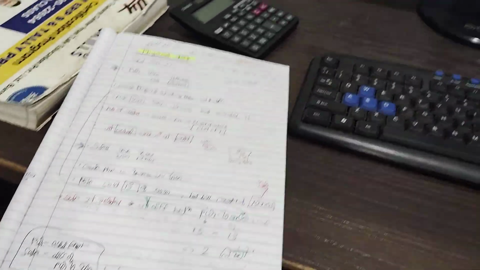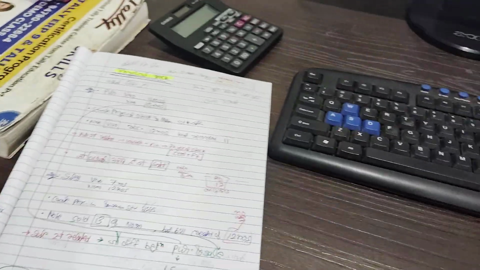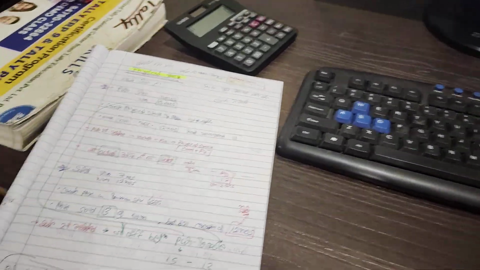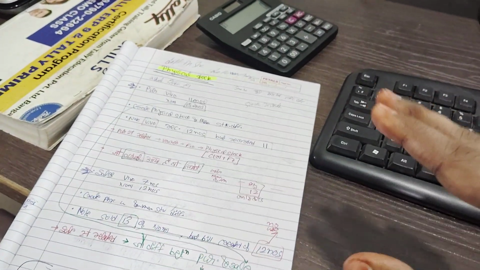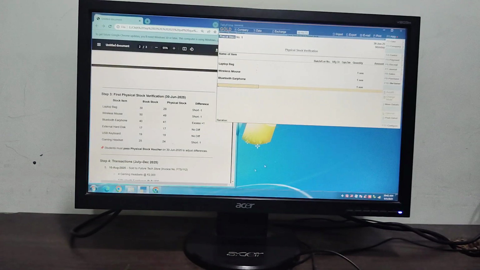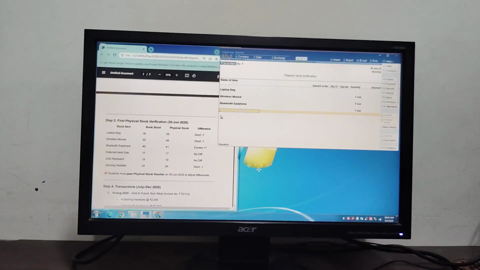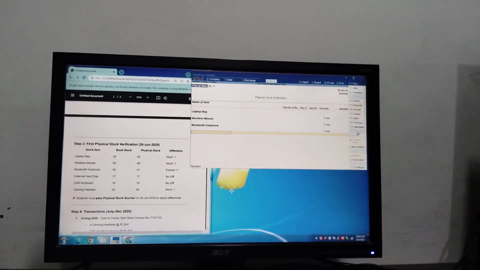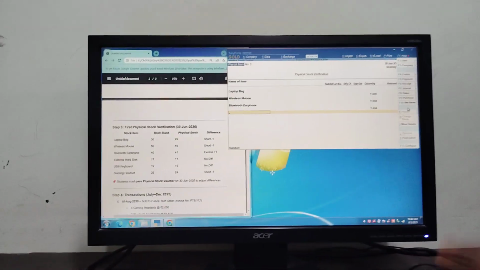Earlier we have done the question in which we have to analyze all the things. We have to see if it is purchase, so we have to record actual purchase, and if it is sales, then what we have to write? Actual purchase minus actual item sold, means actual item outward. But in this question it is given directly, so what we have to do? We have to directly put laptop bag quantity 1 short, -1. We will not write -1, we will only write 1.